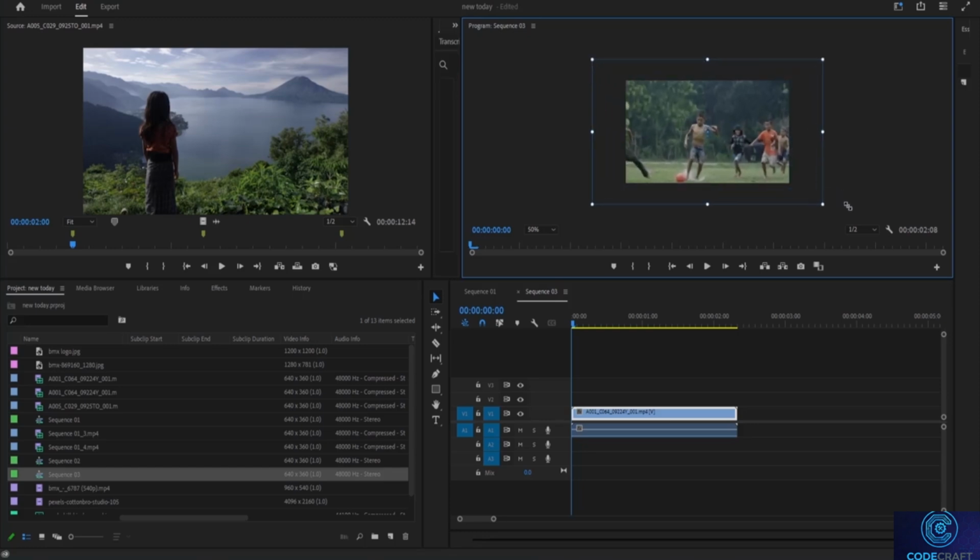You can see I can also place the frame right over here however I want. I would like to zoom in just like this. Now if I play it,